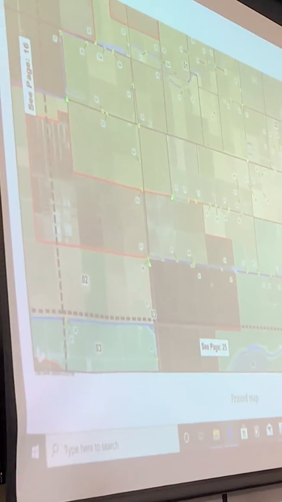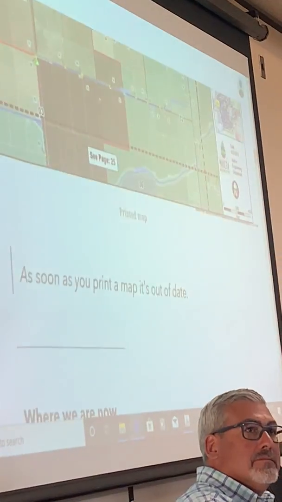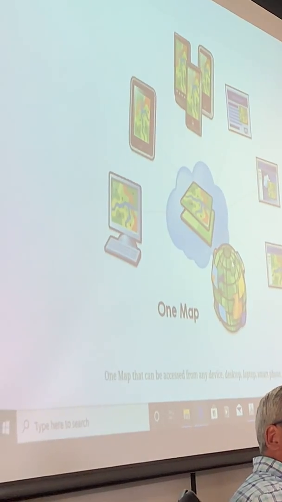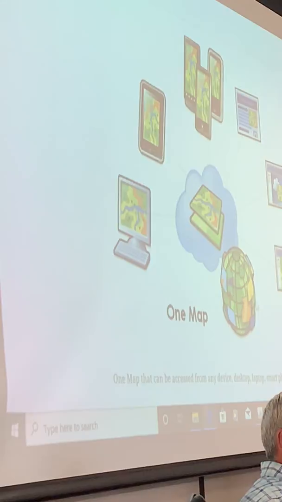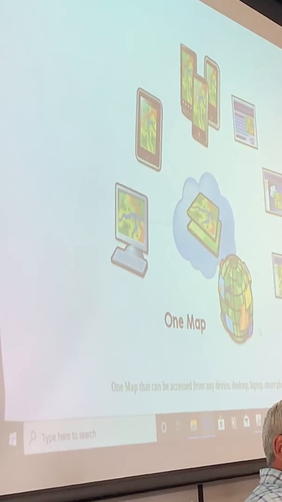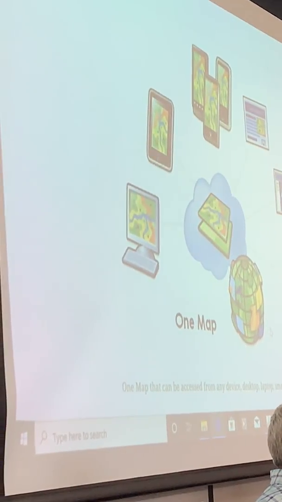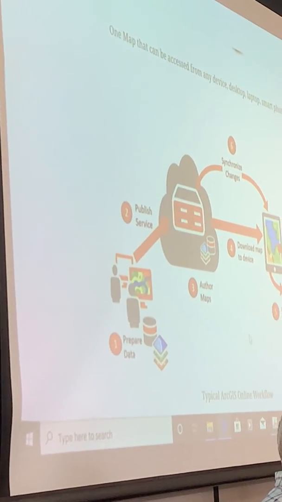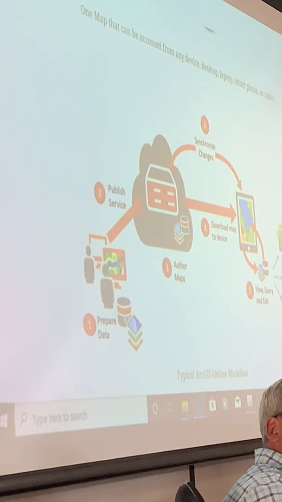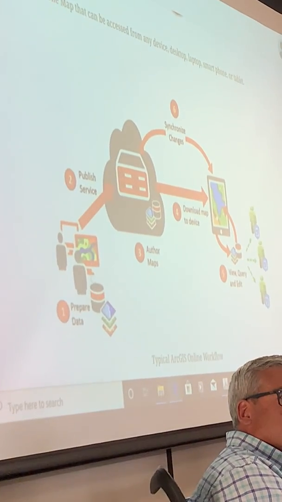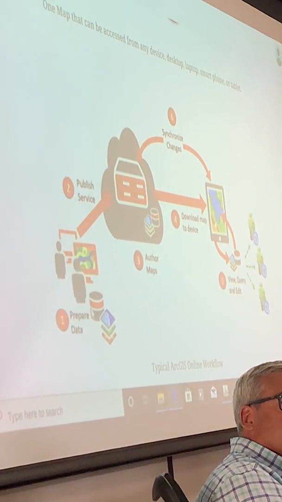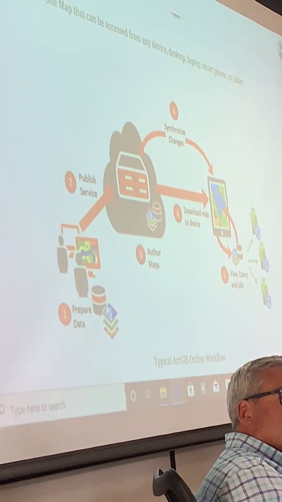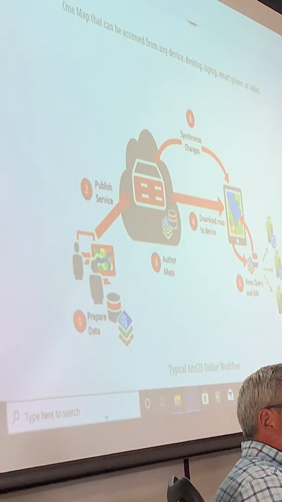ArcGIS Online is the next phase of ArcGIS, and it's replacing the printed PDF map with a digital version of it. One map that can be accessed from any device: laptop, smartphone, or tablet. So what does that workflow look like? A GIS professional, being the engineering department, works with the maintenance department and we collaborate and we say,